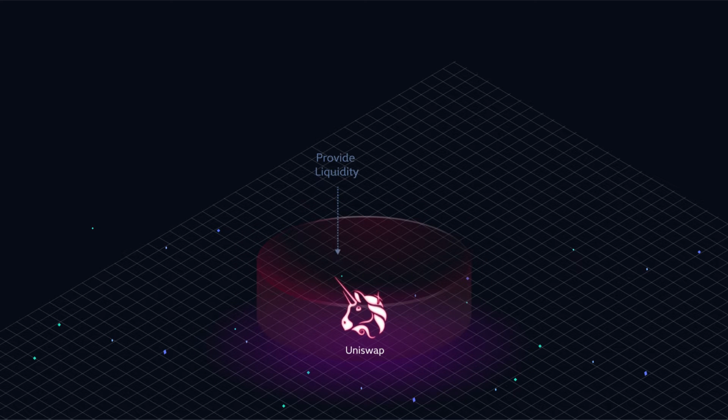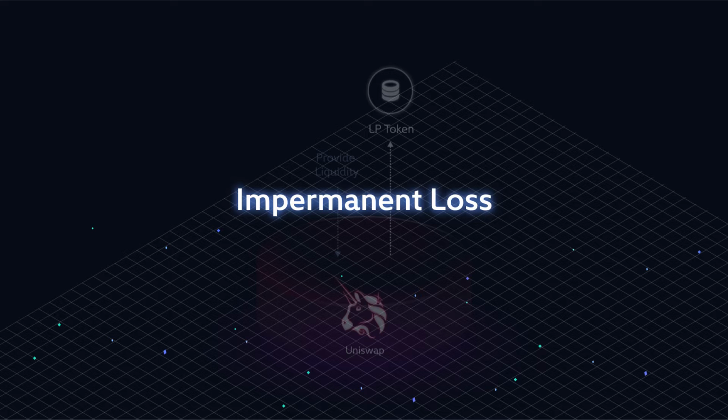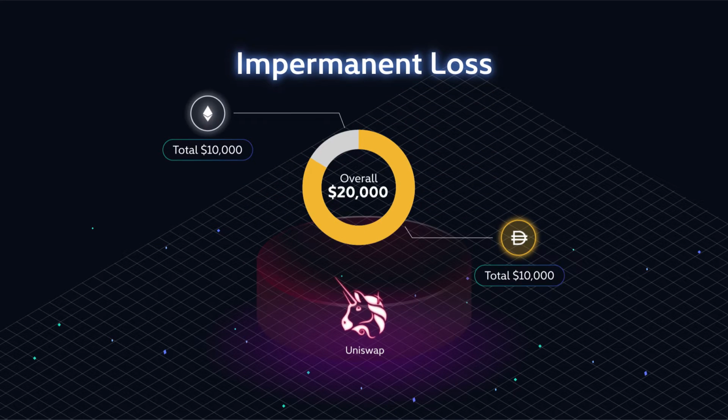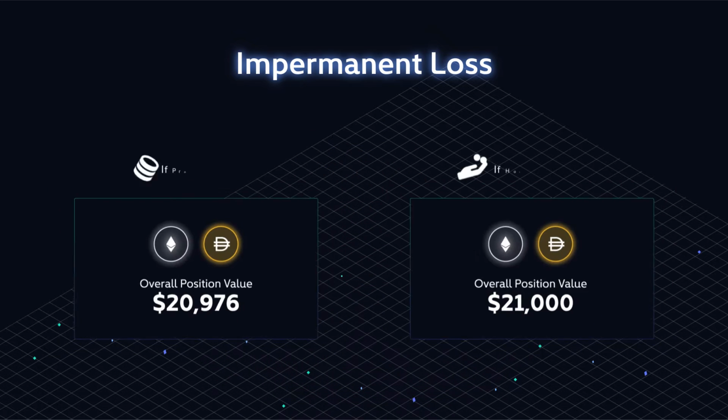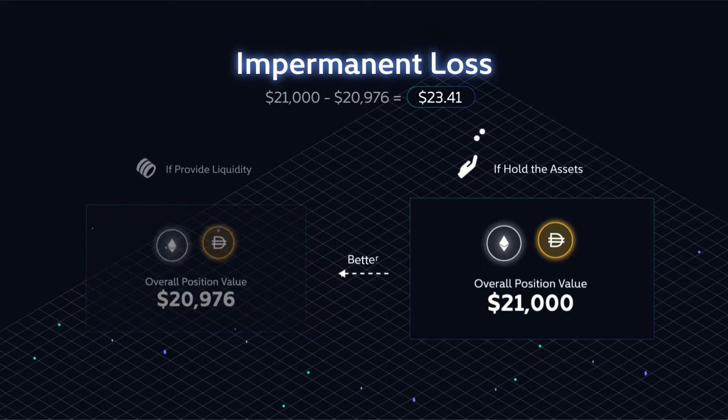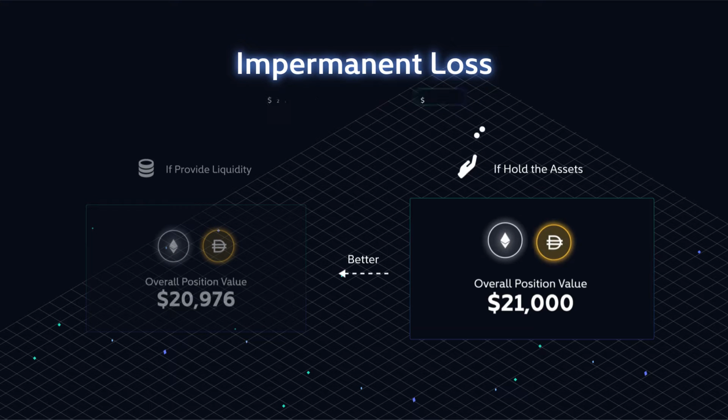When you provide liquidity in a typical liquidity pool like Uniswap, you are usually exposed to a risk known as impermanent loss. This loss occurs when the asset prices within the liquidity pool fluctuate, resulting in a decrease in your position's overall value compared with just buying and holding the assets. Simply put, impermanent loss means you would have been much better off just holding the assets separately instead of providing